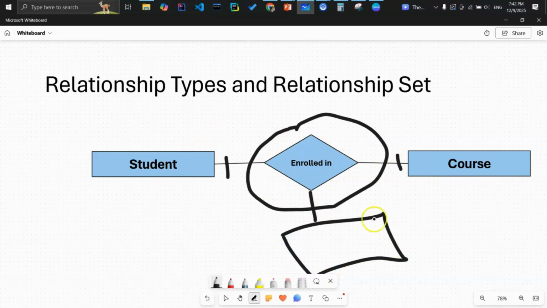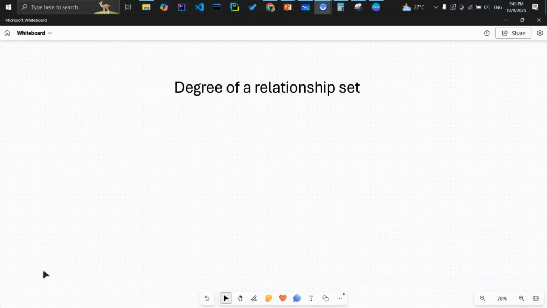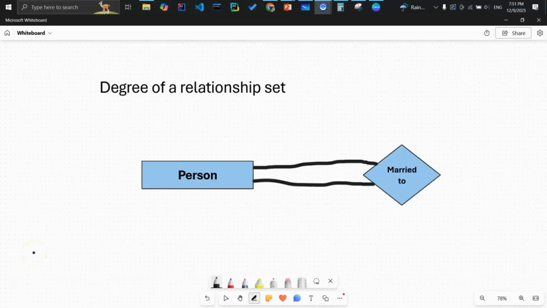Now this is the relationship set, okay? Degree of a relationship set. A relationship set is a collection of similar relationships between two or more entity sets, right? What is the degree? Degree is the number of different entity sets participating in a relationship set is called the degree of a relationship set, right? First type of degree is ordinary